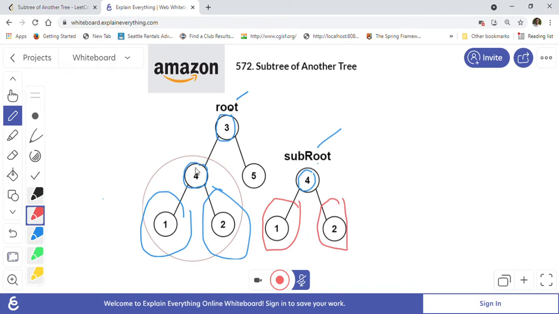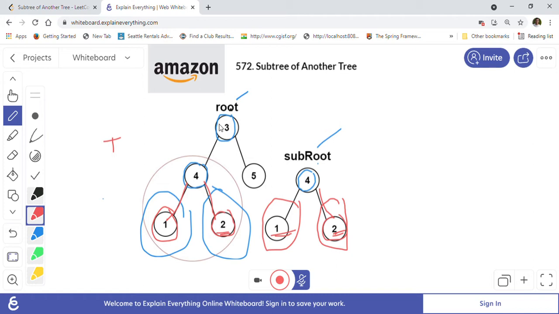Both should match. Then only we can say that this 4 1 2 is the same subtree that is given to us. So we will go on to the left side here. Now we find 1 here, so we will compare with this one. Both are matching. Then we will check the right subtree here. So 2 is there, and here also right subtree 2 is there. So 2 is matching. So now this whole subtree is matching this whole subtree. That is highlighted here. So we will return true in this case. That is how we will be solving this problem.